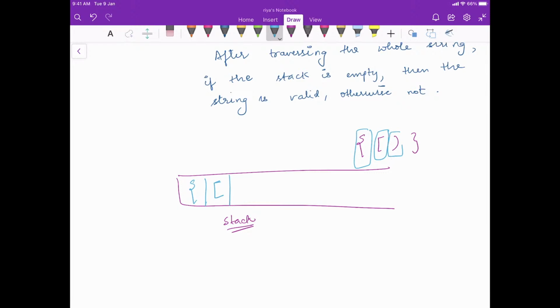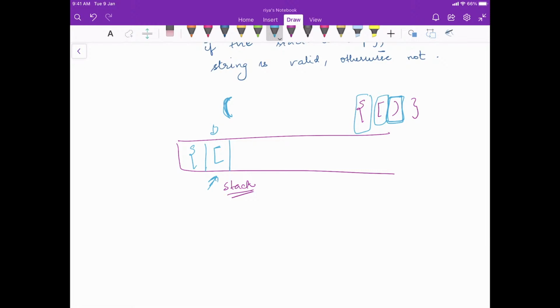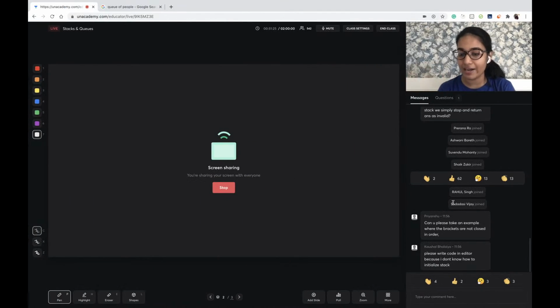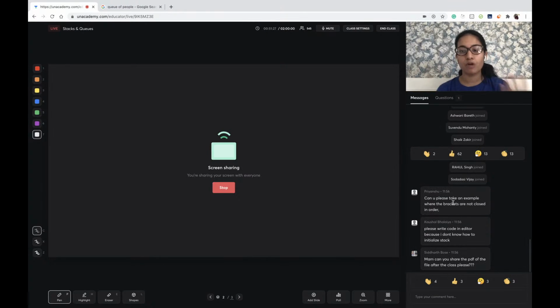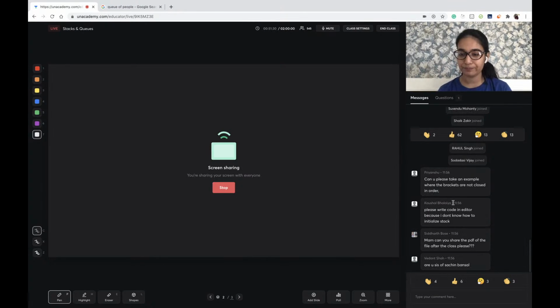Then I have a closing bracket, but for this closing bracket I see the top of the stack, and the matching bracket is not the same. Ideally here it should have been this if it wants to be valid. So at this particular case only I can simply return false. I don't even have to go to the end, because like I said, the sub expression here itself is not valid. Then I can say I am not able to do this.